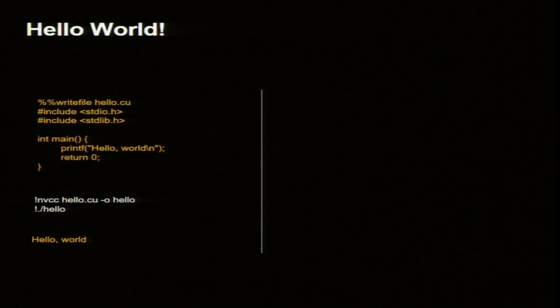So, we have stdio.h. You need to include stdio.h all the time, because printf will be coming from the standard input output library, and stdlib is also okay to keep. You always have one main program which has print and return. Okay, so this is my code.